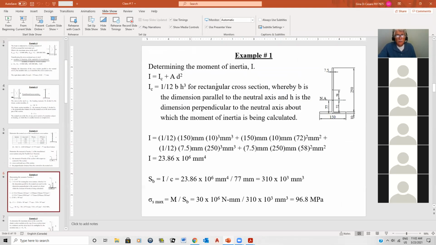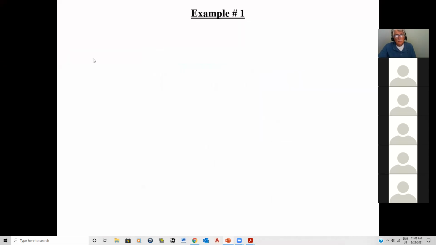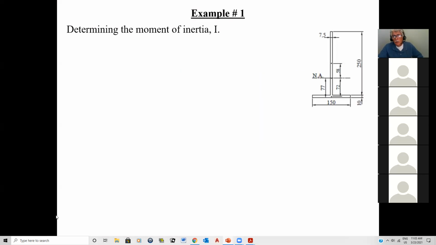Now, I'm going to continue with the slideshow. So basically, determining the moment of inertia I, here's my 77, this was 0.5, okay? So what I like to do is calculate the moment of inertia of section 1, the area, and then for the D, I simply take the distance y bar and subtract this distance from it,